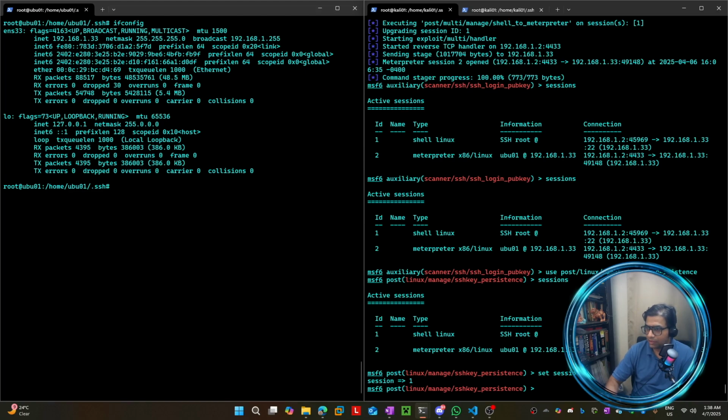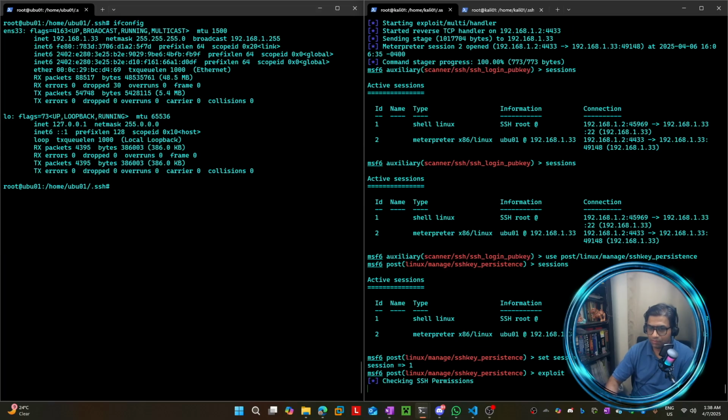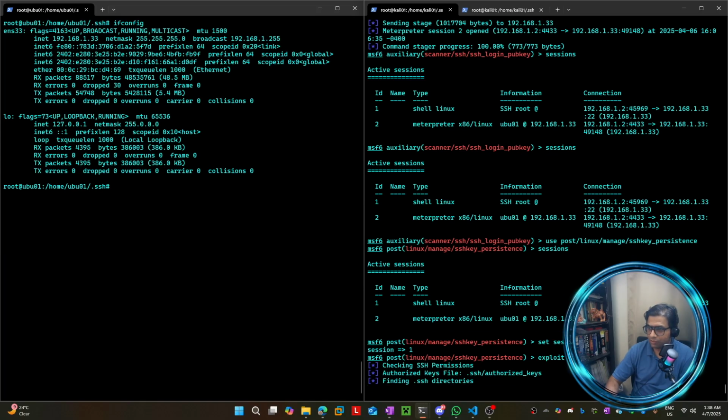Okay, and then what we need to do is exploit. Checking SSH permission, authorized key file, finding SSH directory, storing the new private key as root.msf4 loot directory, and then once the private key is obtained, we can again log into